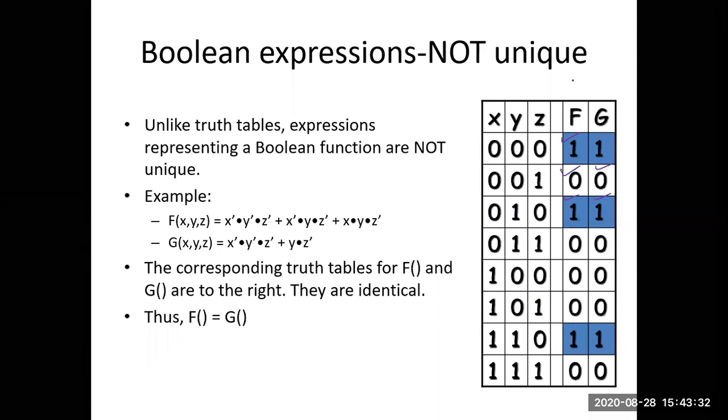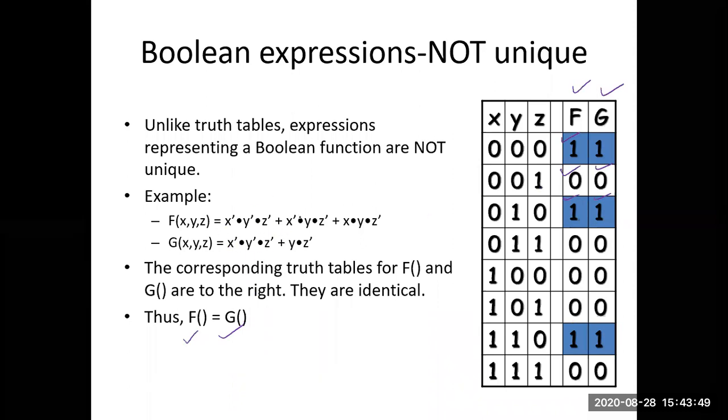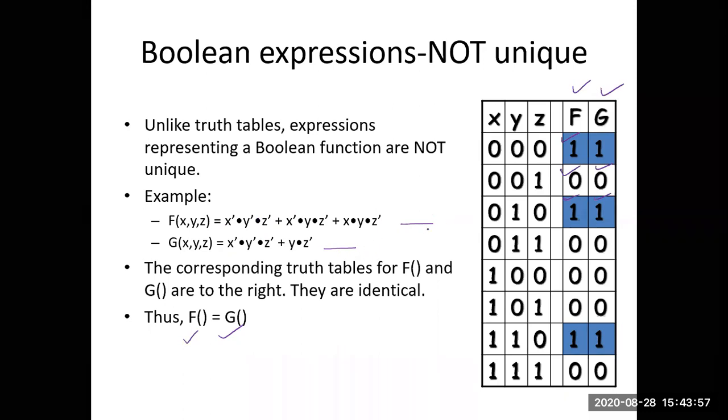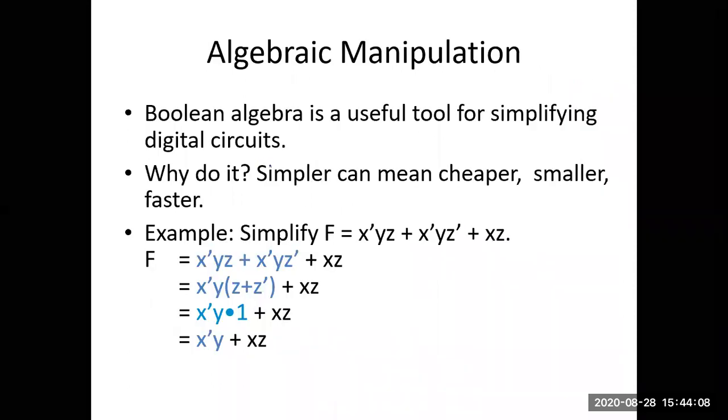So if your two truth tables, this one and this one, are equal for your variables, then it means your functions are equal. That's why I'm saying f is equal to g. You can prove the same thing with the help of Boolean algebra. You can simplify this one, simplify that one, and you will get the same expression. The simplified expression will be the same for both. So there are two methods: one, you can simplify the equation, another is you can use a truth table. We will see other methods also, like using K-map, in the next lecture.